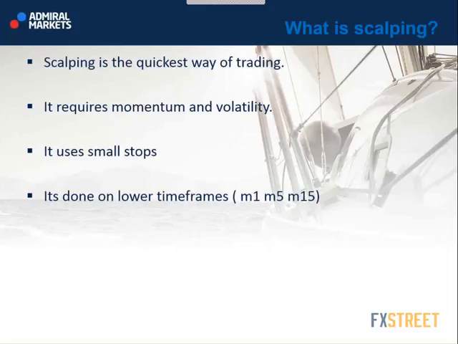For intraday trading, we need to align retracement, which is a loss of momentum, with, let's say, higher time frame trends. And for scalping, usually we need to follow the current trend with the higher time frame trend and exploit a huge momentum push. If we are lucky enough to have a good momentum push, we can basically trade lower time frames on M1, M5, and M15 and try to turn